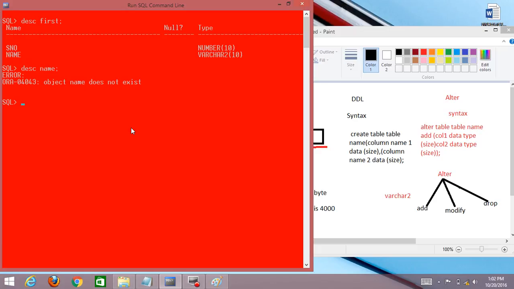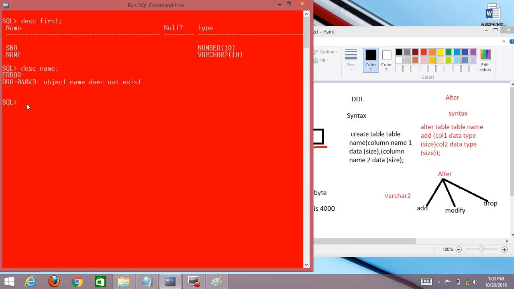How to insert it using the ALTER command? And I created a table, but I want this name to be student name, not just name. How to change it? Use MODIFY. If I want to drop a column, the DROP command is used.